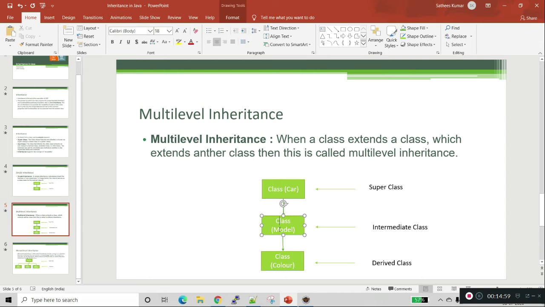This is the intermediate class, and we have another subclass called color, which is a derived class. So the class color extends the class model, which extends the class car. Now we will see a demo of how to create multi-level inheritance.